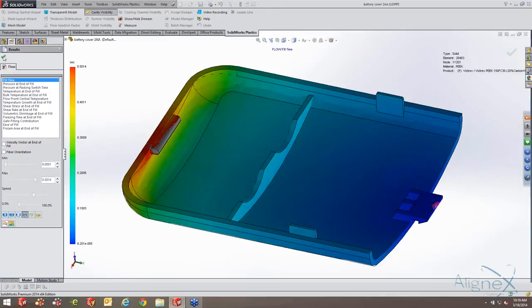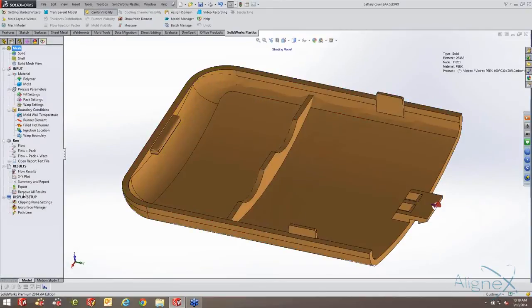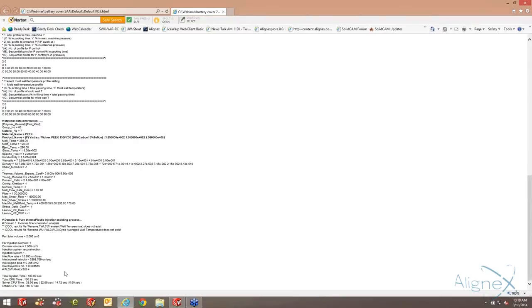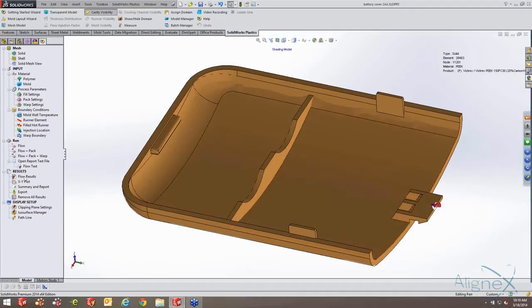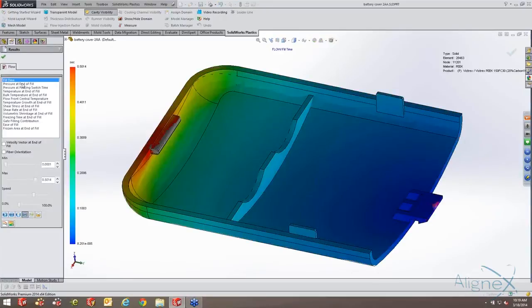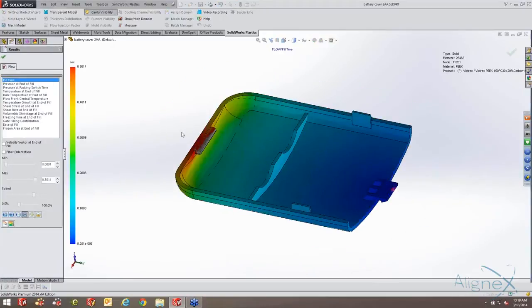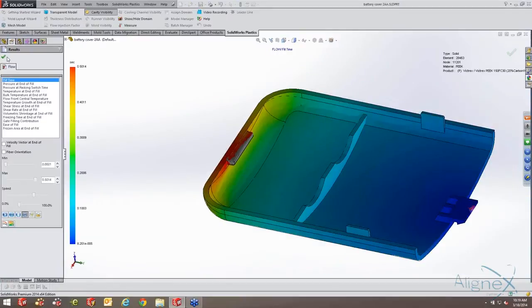And it looks like it actually shorted out. So let's take a look at the summary here. Text file. We read down on the very bottom. Don't see it in there, but let's take a look at the results and see what we get. So yeah, the fill time, it did not go all the way to the end. So what we can do then